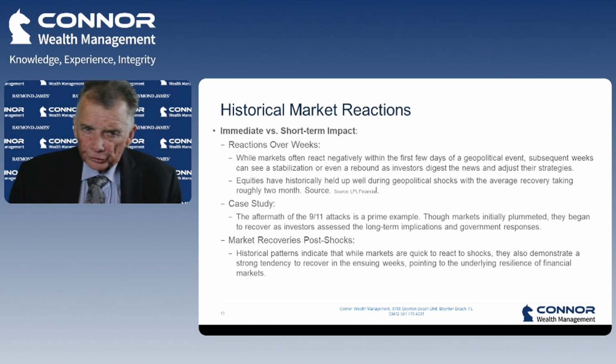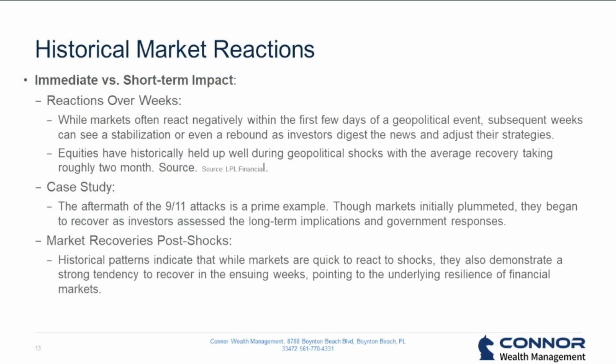So let's put it all together. You have short-term and intermediate reactions. Short-term, the market gets hit, and it gets hit because of uncertainty. There's panic. I don't know what's going to happen. Will it stay small? Will it go bigger? Uncertainty causes market weakness. Yet in every single case, you look at those case studies, guess what happened? The longest recovery was 9/11 and took a year. Overwhelmingly, within a few months, all of them recovered. And again, as I said a minute ago, all of them recovered and the market went on to new highs.